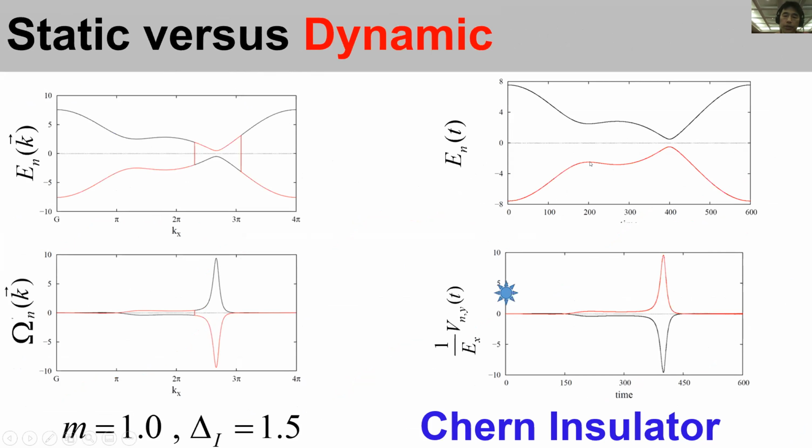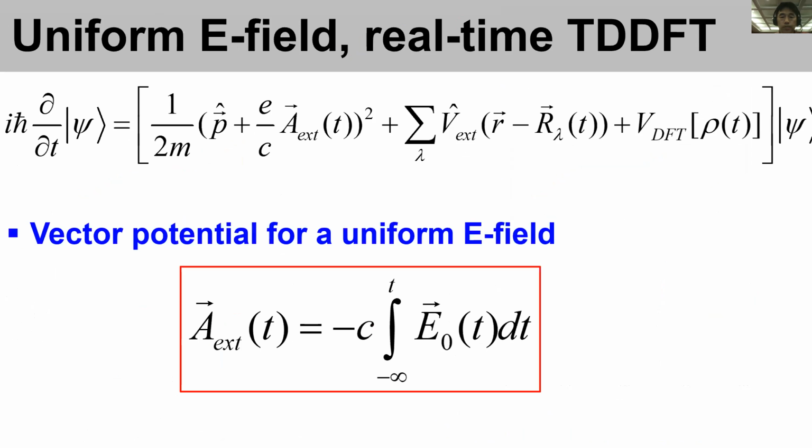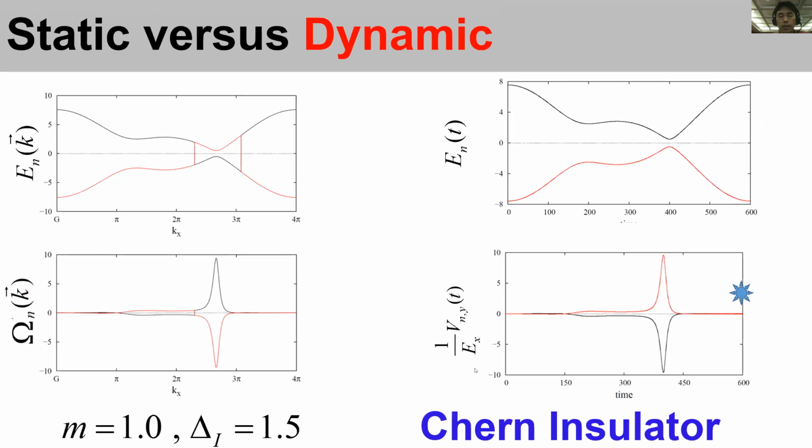And not only the band structure, this is the static calculation over kx, but this is the time-dependent calculation. We calculate the band structure, but not only the energy eigenvalue. This is a static calculation of the Berry curvature, but we can also calculate the Berry curvature by calculating the velocity, and by integrating this velocity, we arrive at the Chern number to quantify the Chern insulator. This is a demonstration of the concept of why the time evolution technique can provide the classification of the topological state,